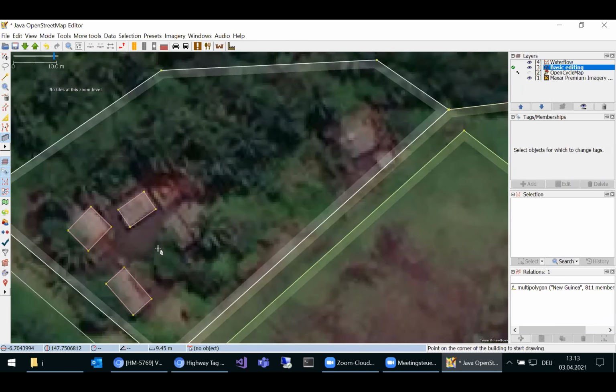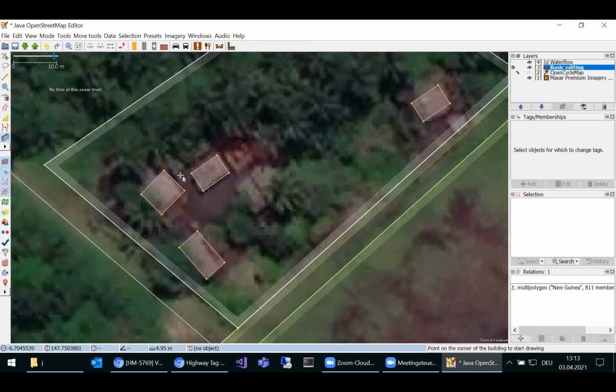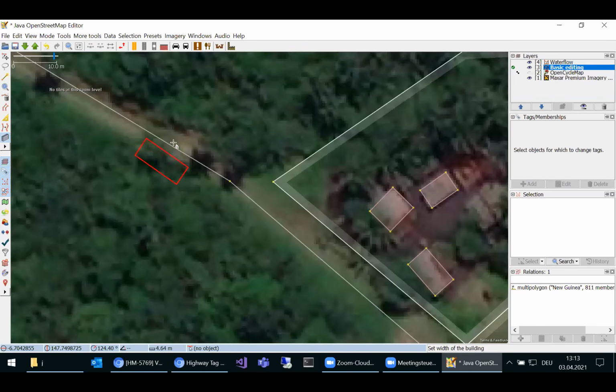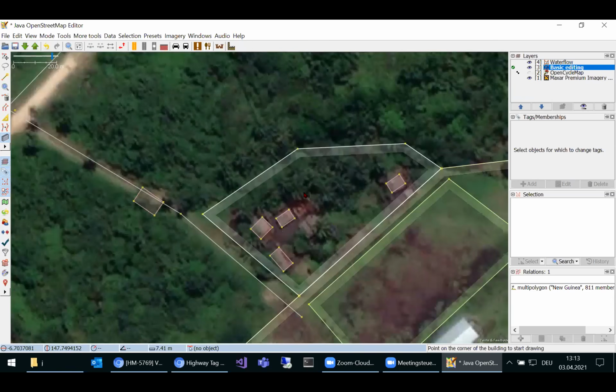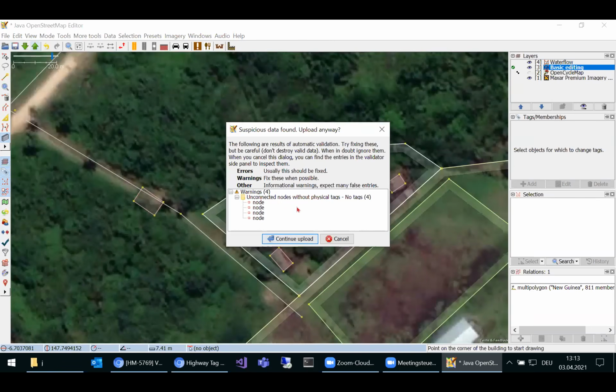And then I'll make an intentional error. Let's assume that there would be a building, something like here, and I would unfortunately draw it like this. So if we are now going to upload that, and that's simply the arrow in here, then a few built-in checks take place. And then it comes back with a couple of warnings here. So for instance, it sees that here in the scenery, we've got a few unconnected nodes without physical tags. And when I say cancel,